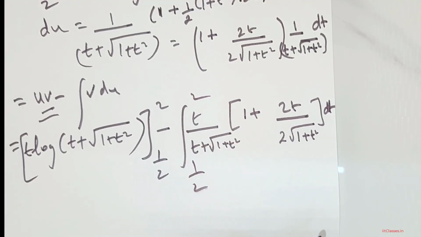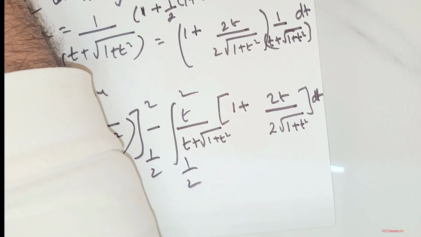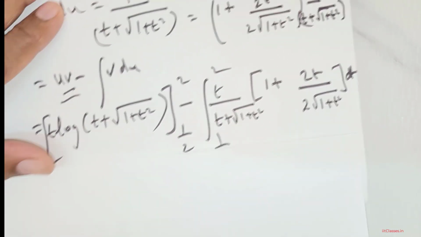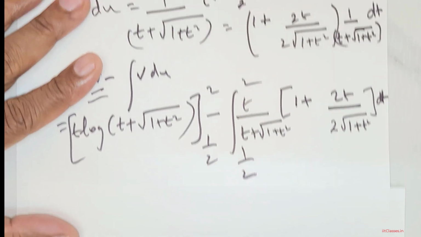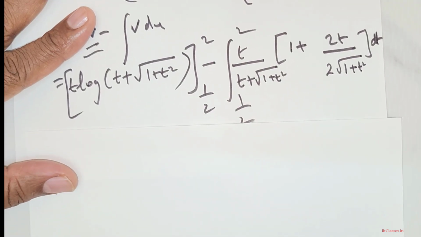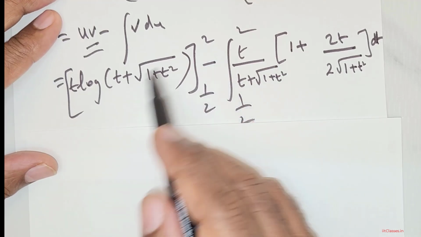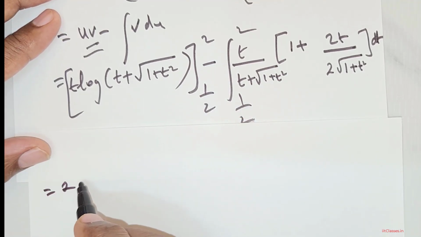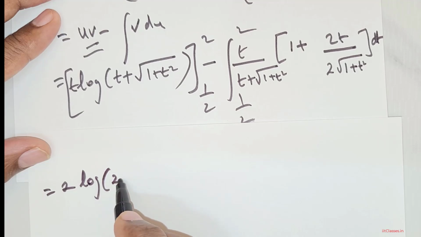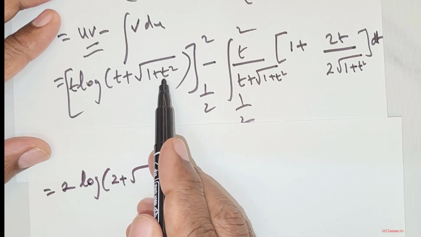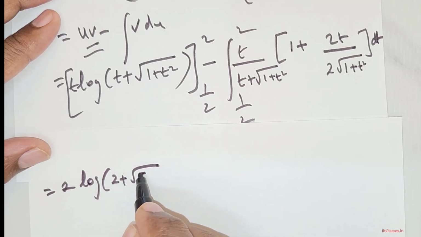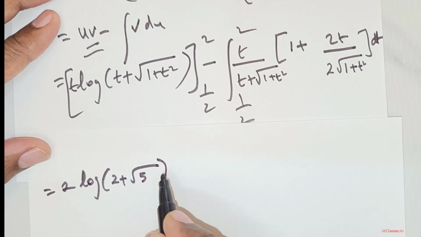Now let me go to the next page. Now this is what we have got. Okay, now you substitute the upper limit, you get 2 times log of 2 plus root of 1 plus 2 squared is 4, 4 plus 1 is 5. This is for the upper limit,